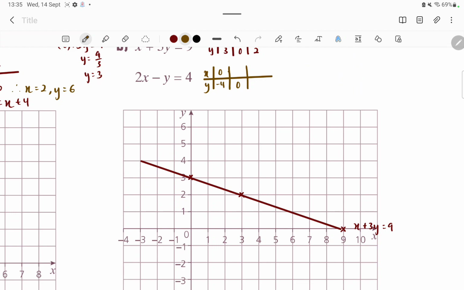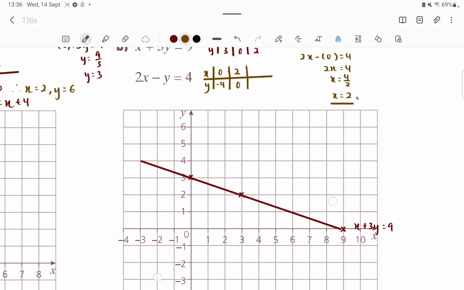When y equals to 0, so 2x minus 0 equals to 4. 2x equals to 4. x equals to 4 over 2. x equals to 2 as your final answer. So, and then after that,